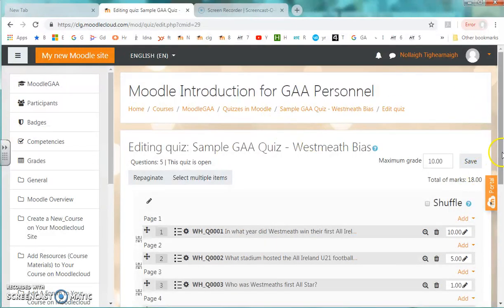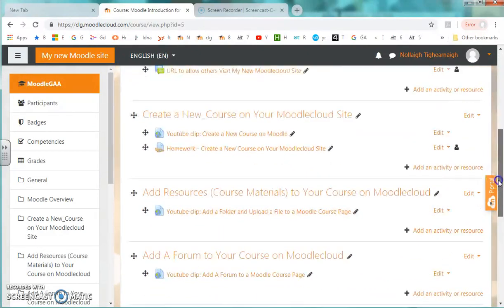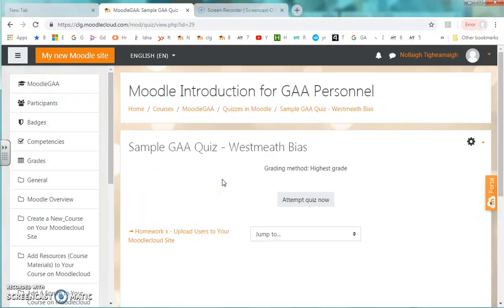And I can add more questions if I like. What I'm going to do is go back to the actual course page again, and I'm going to show you how to, as the teacher, in the teacher role, how to actually preview the quiz. This is very important. If you're doing your first few quizzes and you aren't sure how the whole thing works, one of the most important things to do is to kind of get a, you can preview each question, but